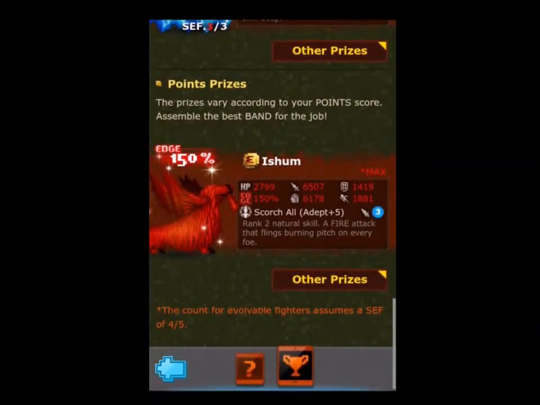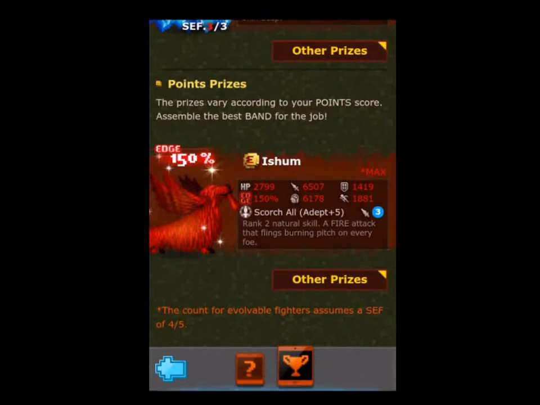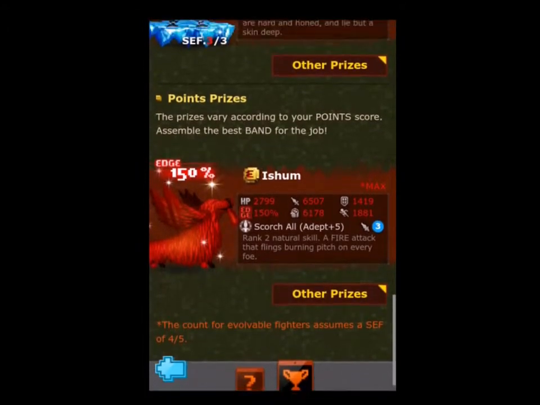Monsieur Isham. Isham is our points prize for this event, so if you can place pretty well every day in your bracket of the siege event, not the siege event bracket, if you can acquire the right amount of points throughout the siege event, you can acquire this guy. Isham is a fire warlock, 150% edge this event, but honestly, truthfully, even with that edge, you probably won't get too much use out of